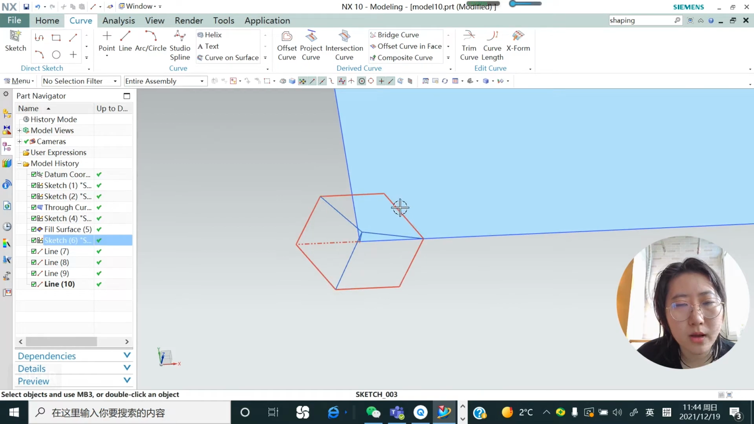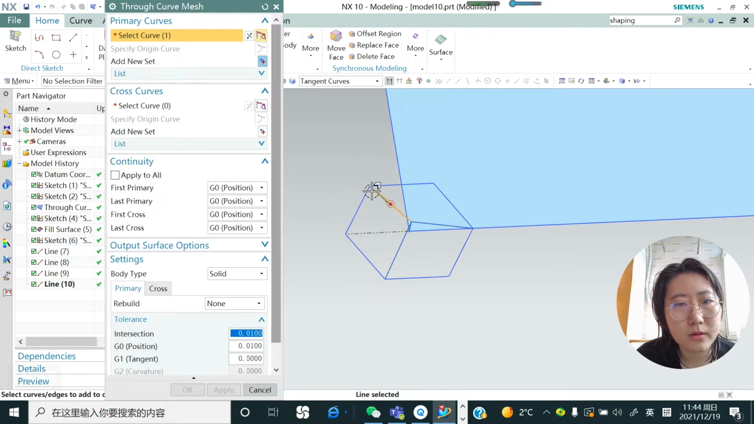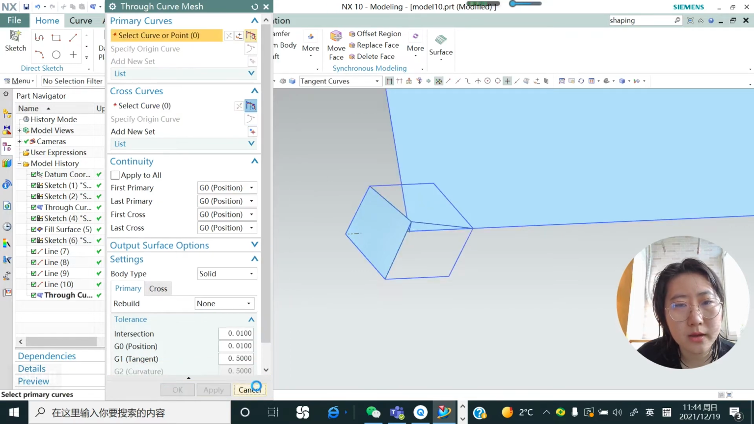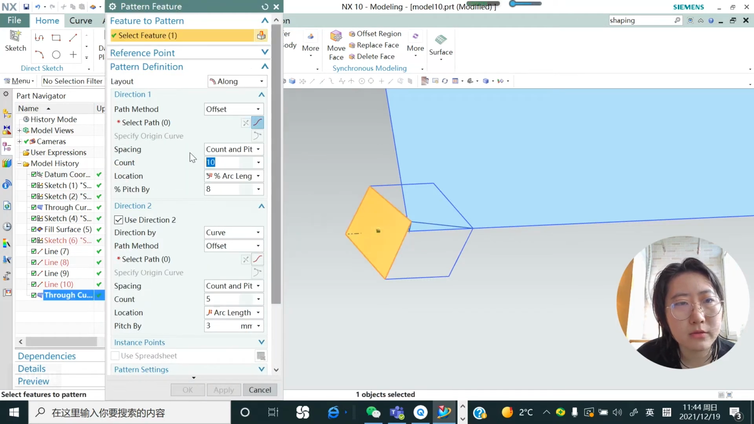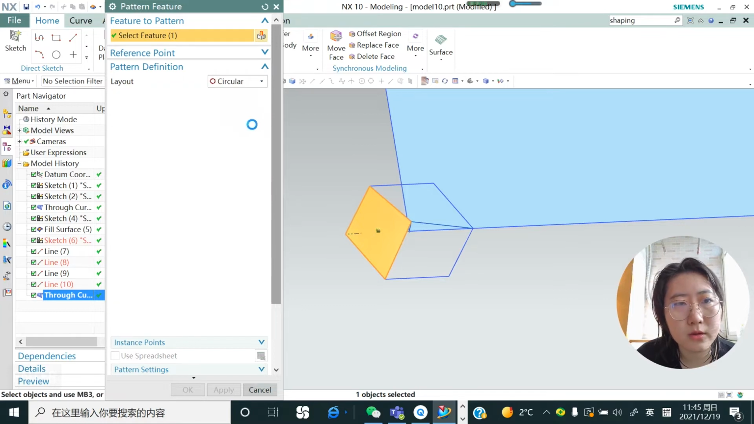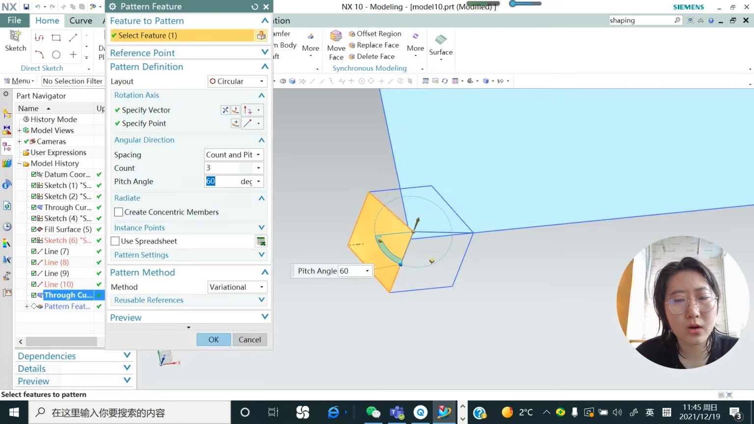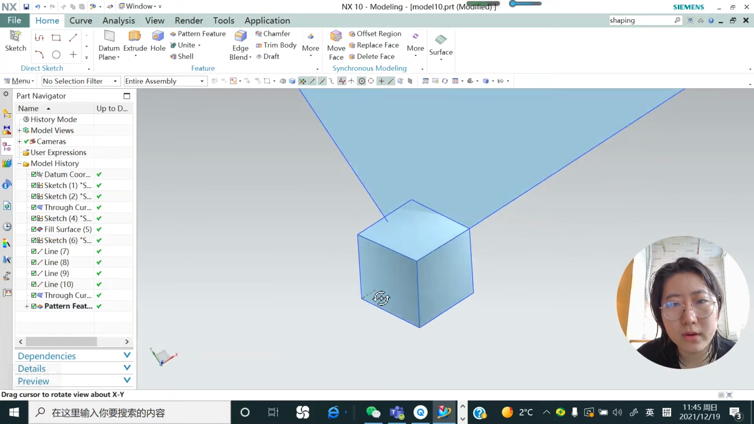So next, we can just go back to home and use through curve mesh to generate this shape. I hit apply. And next I will go into pattern features. I click this feature, change to circular, and then I need to give a specific vector to the z-axis, 112 degrees. Okay, let's see it. I can generate this